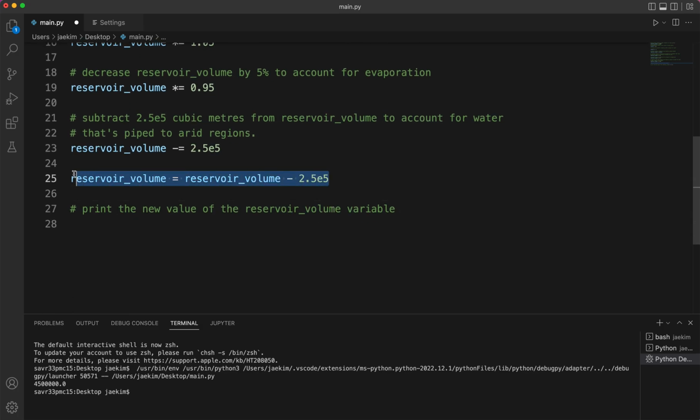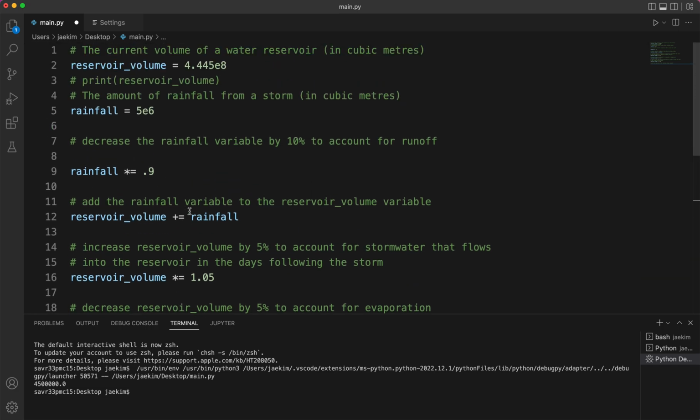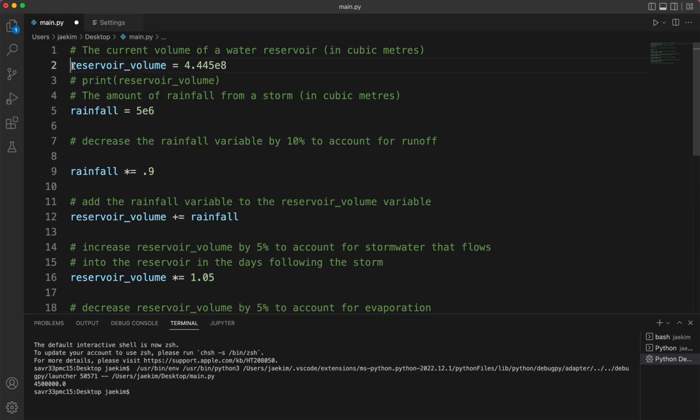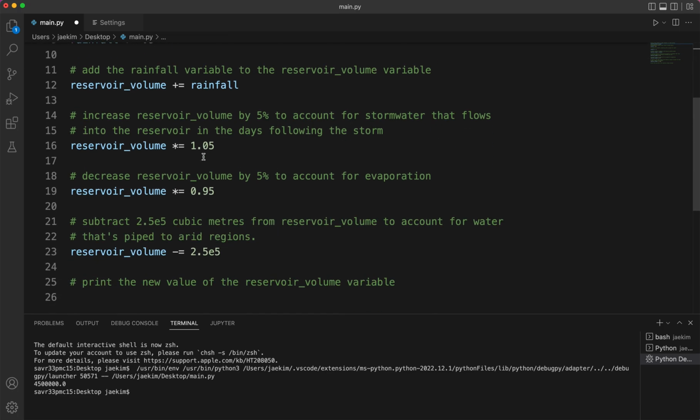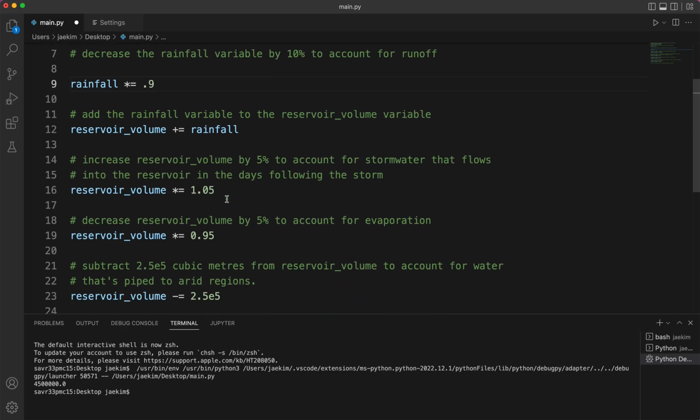And then yeah, so that's basically how everything works. And yeah, if you have any questions, please let me know. Basically, the main thing that you have to learn is that this is a variable, and the variable holds something. It holds a value, and then you can update the variable. So reservoir volume, I updated to a new value, and a new value, and a new value. But it's the same variable. It's just being updated to new different